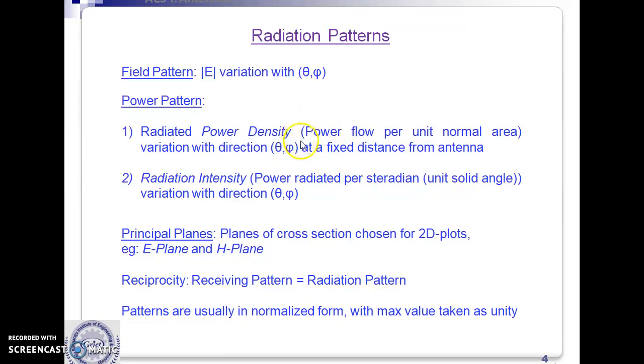Since this radiated power also changes with distance, we assess this at a fixed distance. A more convenient parameter is radiation intensity. This is independent of the distance from the antenna. The amount of power radiated per unit solid angle in a given direction, because of